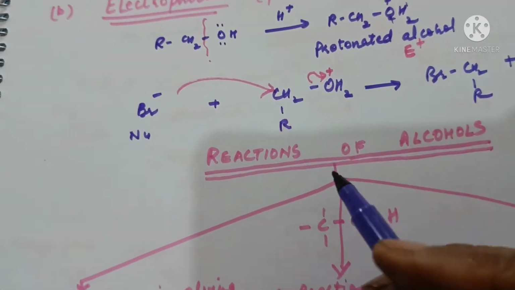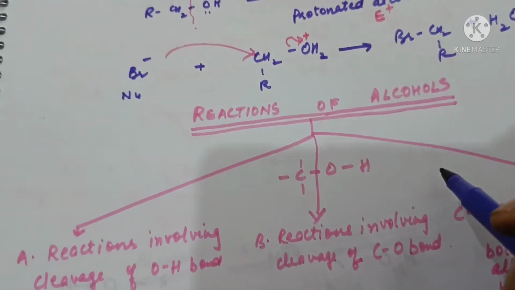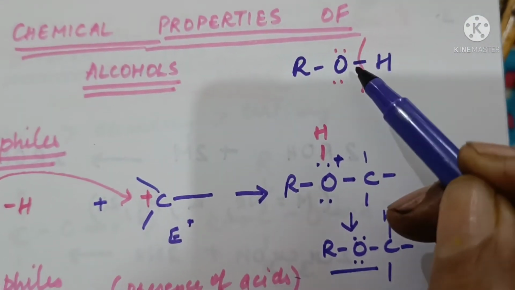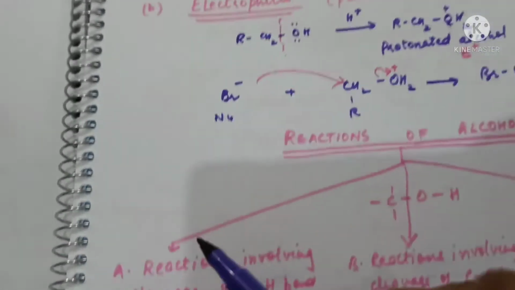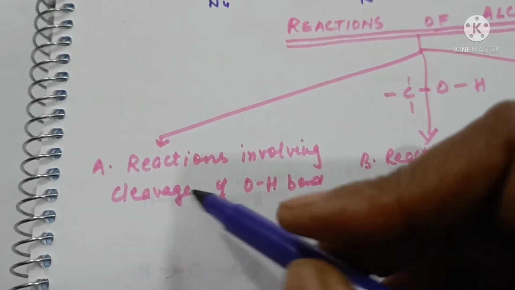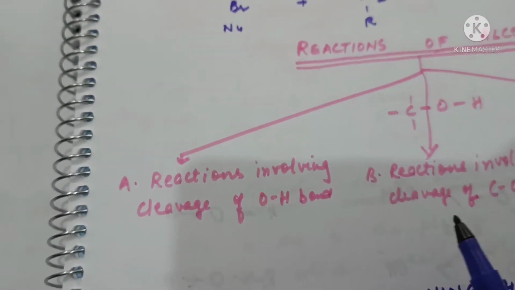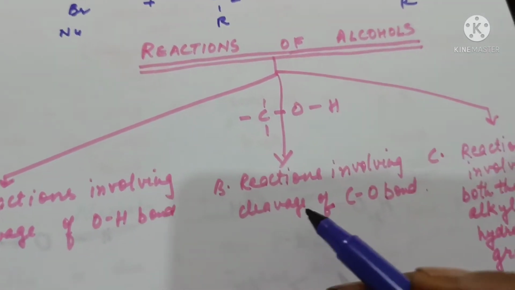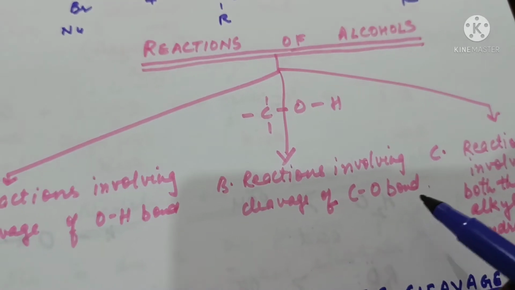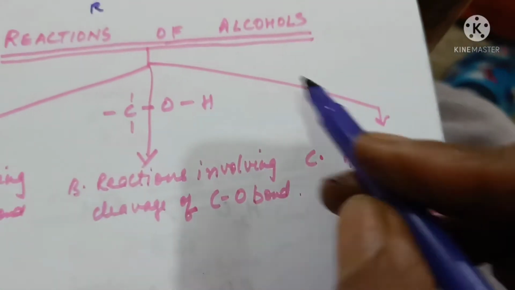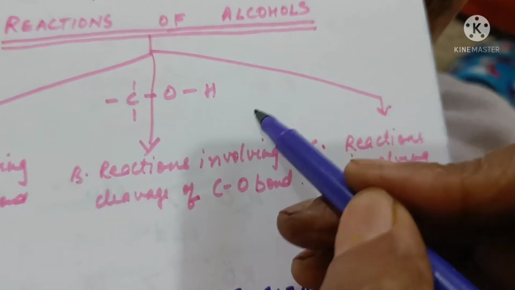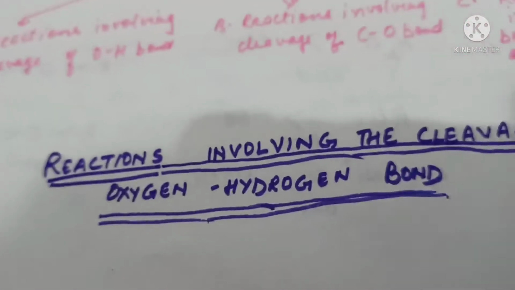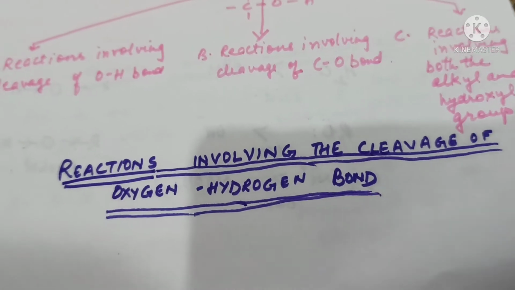Reactions of alcohols can be classified into these types depending upon the point of cleavage of the alcohol. If the cleavage is between oxygen and hydrogen, then the reactions will be categorized as reactions involving cleavage of the oxygen-hydrogen bond. Then the bond may break between carbon and oxygen also. These are reactions involving cleavage of the carbon-oxygen bond. And the third category is where both the alkyl group and the hydroxyl group are involved. Let us study in detail the first category, reactions involving the cleavage of